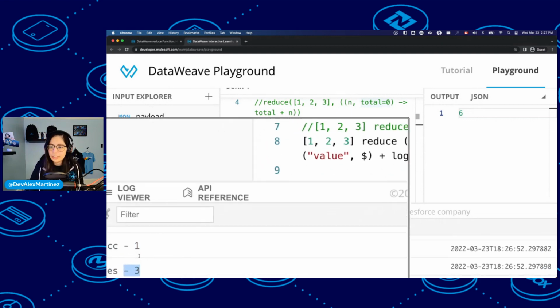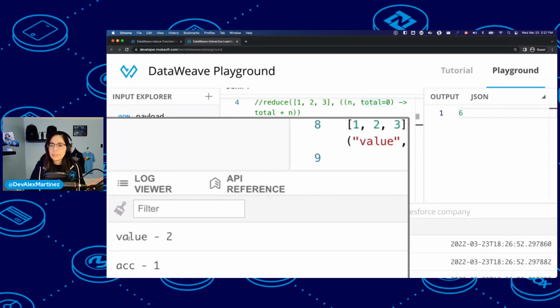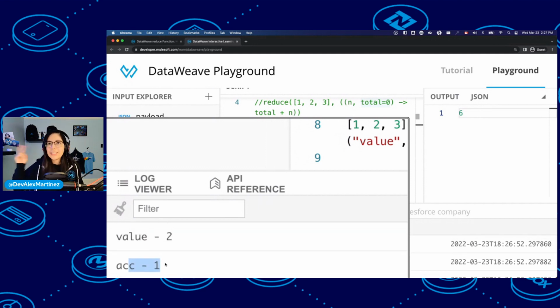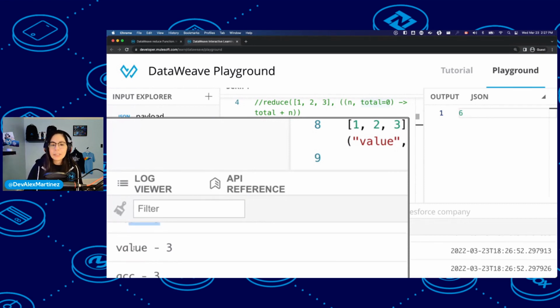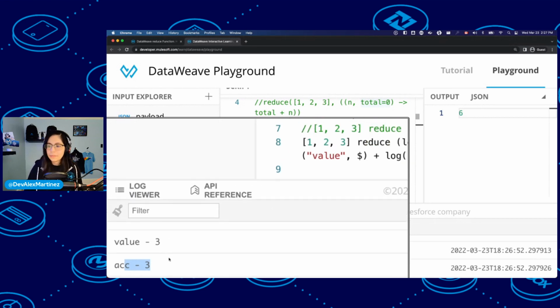I don't know if you can see that. All right. So the first iteration value is 1, accumulator is 2, value is 2, accumulator is 1, and the result is 3. And then for the second iteration, value is 3, accumulator is 3. Oh, and I cannot see the last one for some reason.